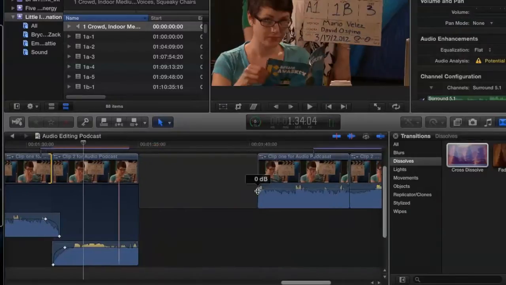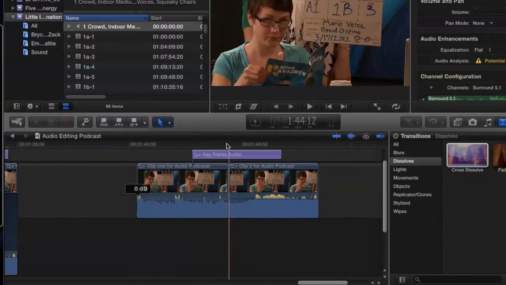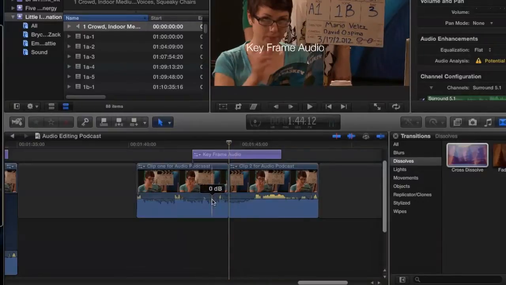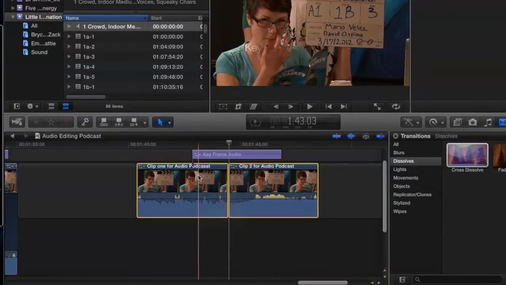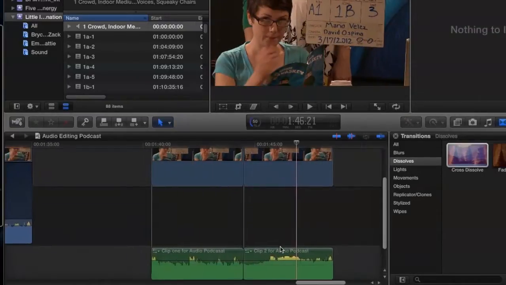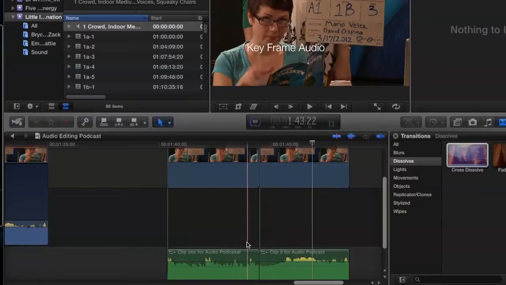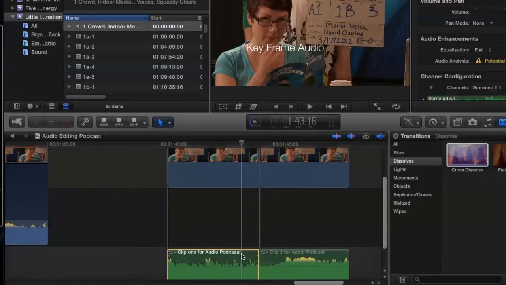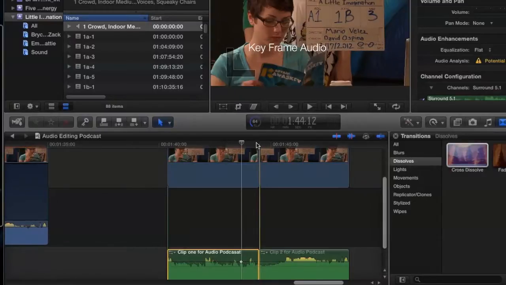Now the last way that I found to fade audio is actually keyframing the audio. So we're going to start by just clicking on your audio. So we actually have to detach your audio for this one. You don't have to detach it, but the easiest way to do it is detach. And you click on the audio, and it'll bring up in the top right over here your volume and pan for that audio clip. So if you want to start dissolving, say at this point, you press your keyframe, add keyframe, and you go to the end of the clip,